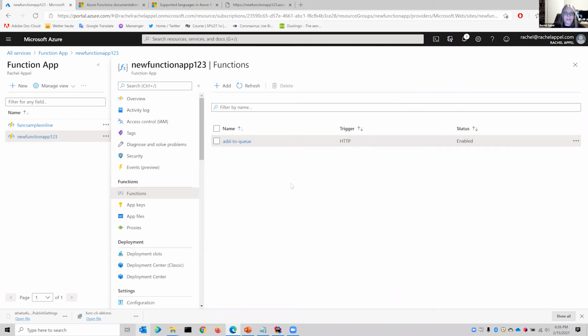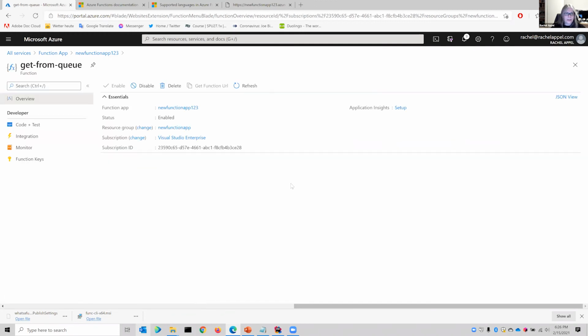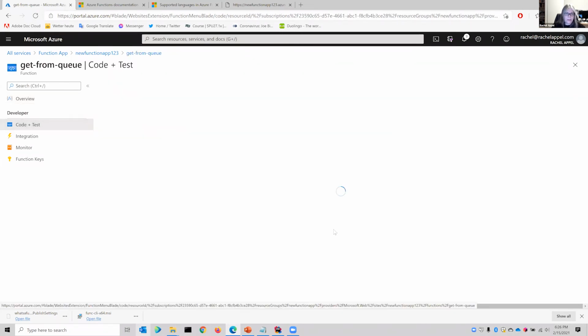And it should show up in here. There we go. Okay, it takes us right to that function. So now I have some information about it. And if I go to code plus test here,